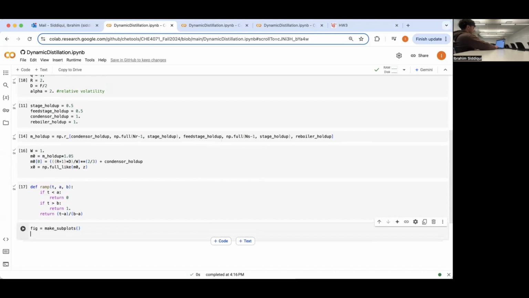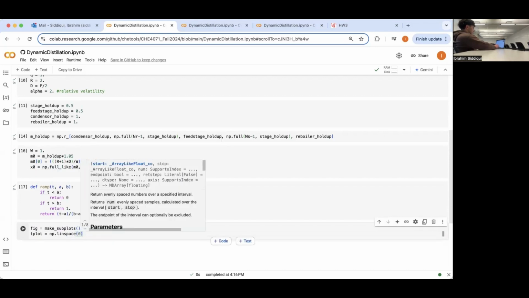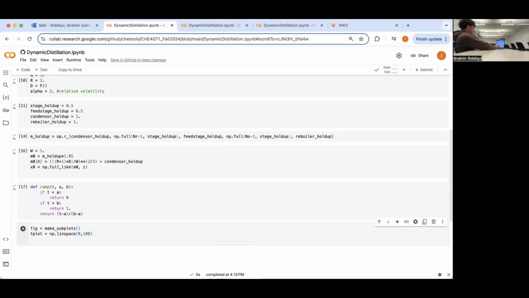And then we're going to go ahead and make our time plot. Essentially we're doing this from 0 to 100. We just want to give it a time from this point to this point. So our t_plot is going to be equal to np.linspace from 0 to 100. From this point, we can go ahead and make our y plots, and then this will be equal to,